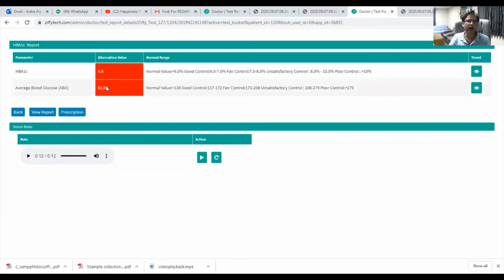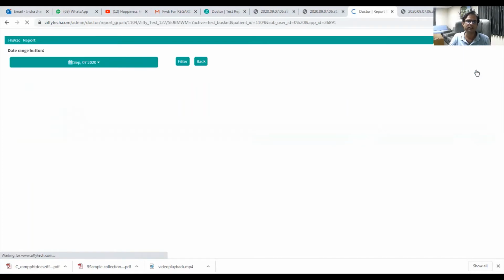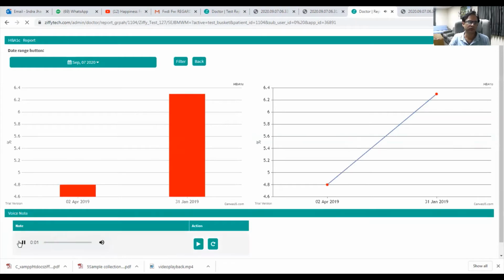There are numerical values out there, but I want to see whether she has carried out a similar kind of test in the past, and how these report trends are going, whether upward or downward. That gives me a complete analytics. There is also a choice of selecting the range, whether for 1 week, 1 month or 1 year. I'll be able to see that through the trend analysis. You can see the customized ranges are there.